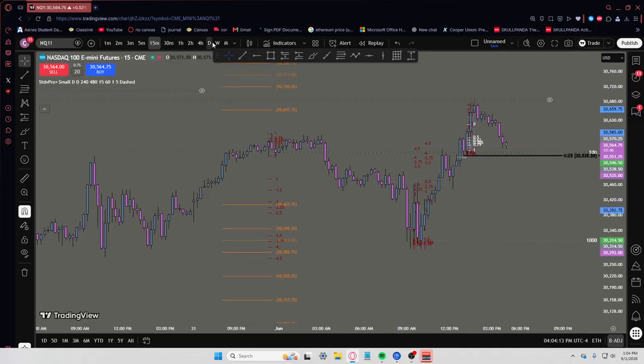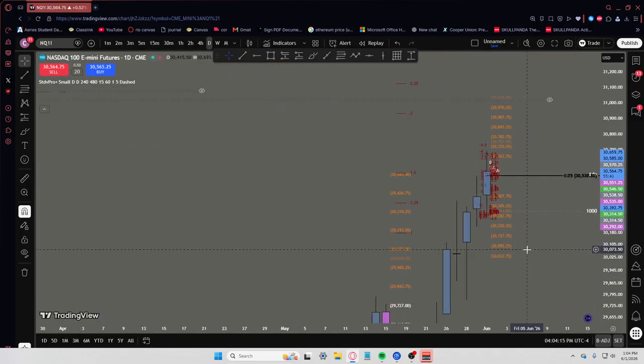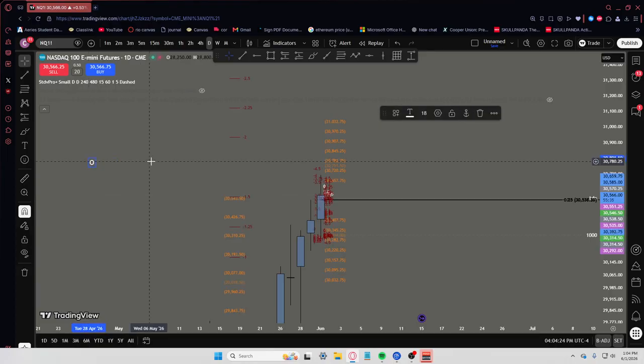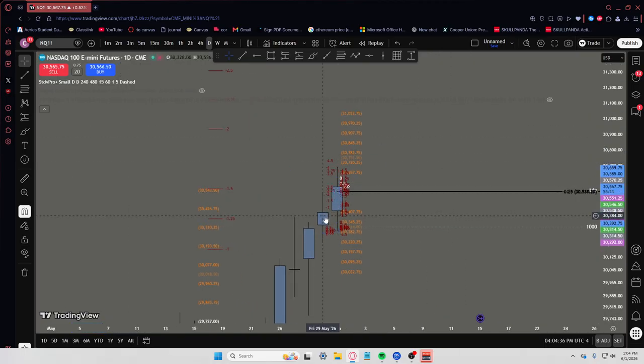So let's do our bias for today. Open, low, high, close, and open, high, low, close. According to yesterday, if you know what open, low, high, close, and open, high, low, close is. If you don't know what this is, you should search it up. It's the best way to determine bias. Anyways, according to that, from yesterday's daily candle, today we are bullish, which means today we are seeking a